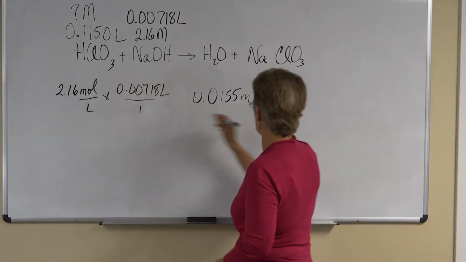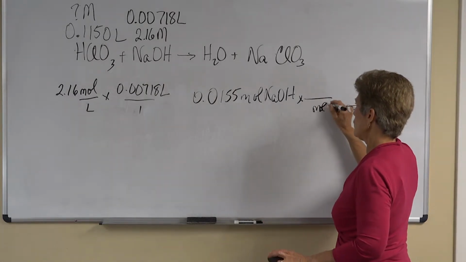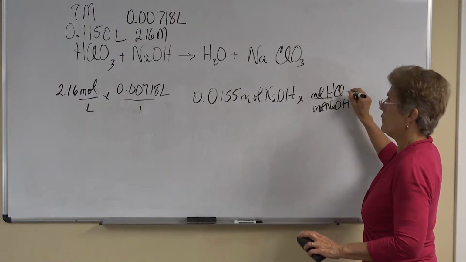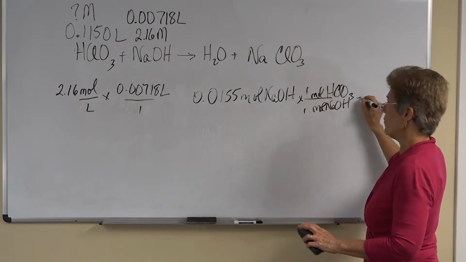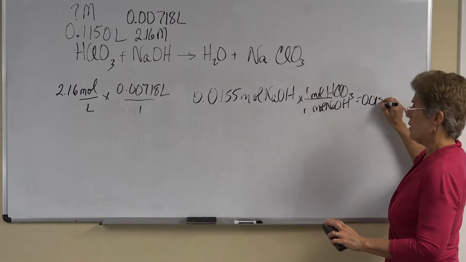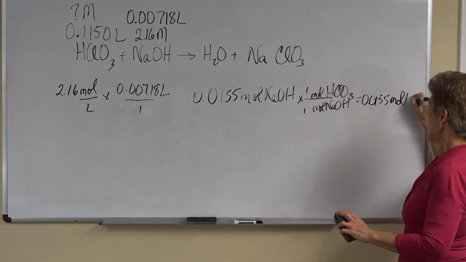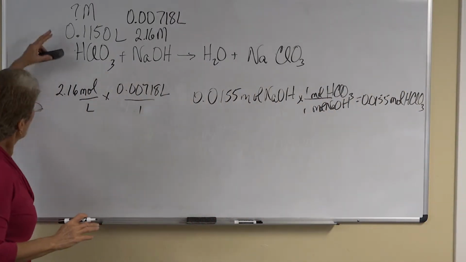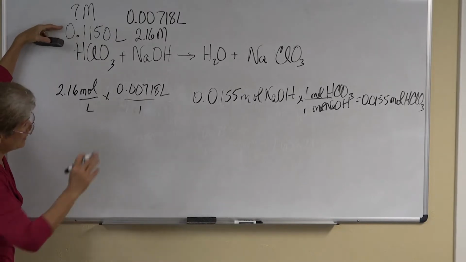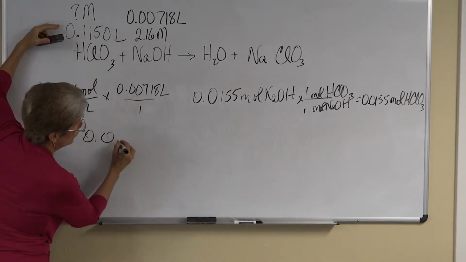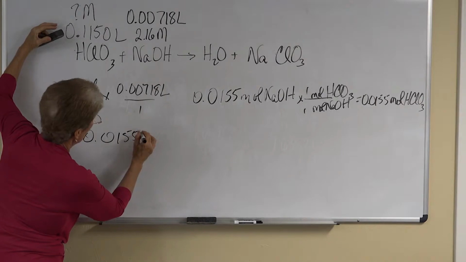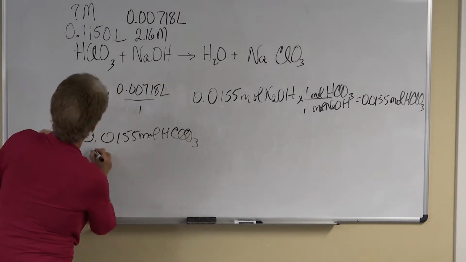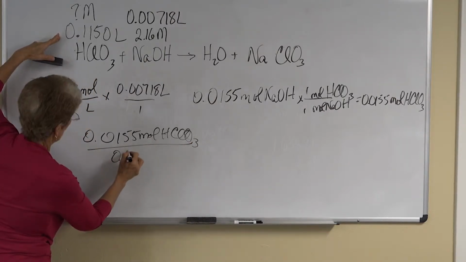Now, this is a 1-to-1 relationship, so if I go through the moles of sodium hydroxide to the moles of this acid, it's a 1-to-1 relationship, which means I'm going to be left with the same number of moles of the acid. So I'm going to bring that over here. And I want to know the molarity. Well, that's easy. I take the moles of the acid and I divide it by the liters,